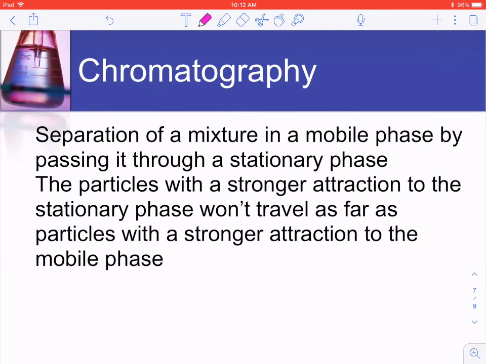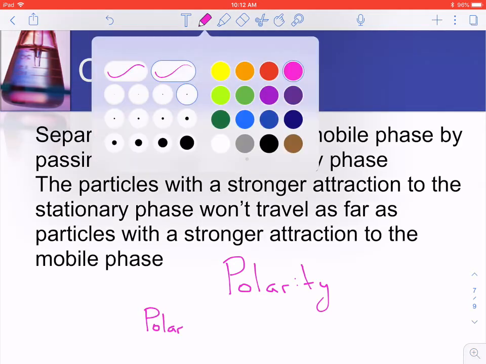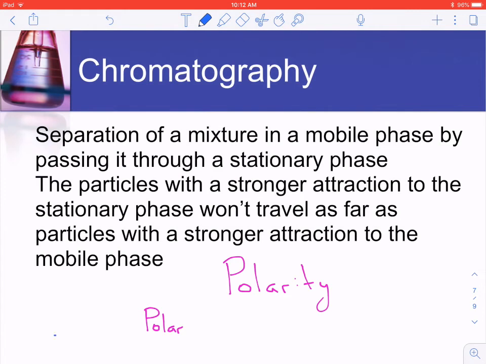The last technique we should talk about is called chromatography. Chromatography is a way that we can separate different parts of a mixture based on polarity. So I'm going to write down polarity here. This is a big factor that we know a little bit about. So basically, if I have a polar solute sitting over here, this thing is polar, and I run a polar liquid like water through it, that's going to pull the polar part of the solute over here,